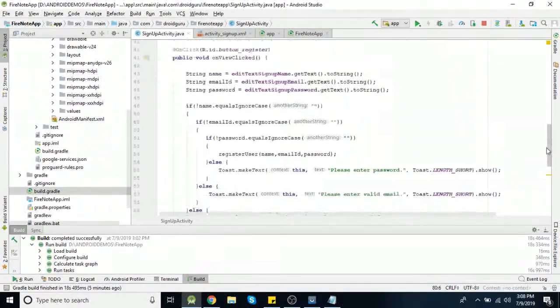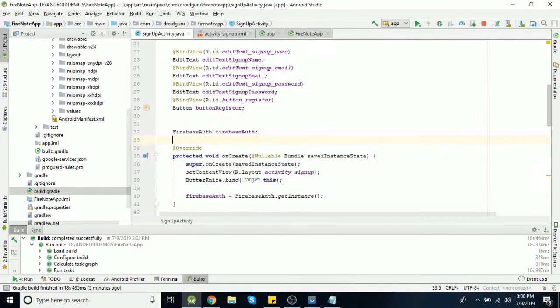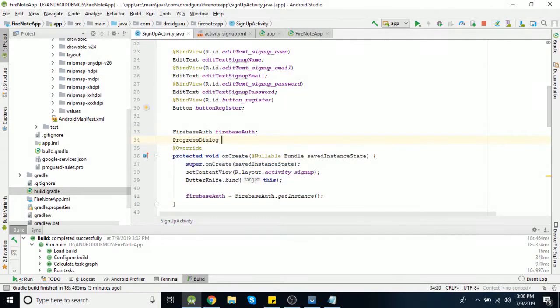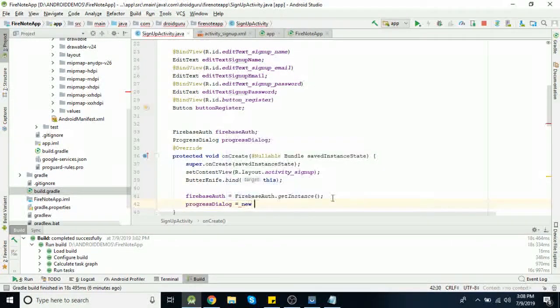One more thing we'll do is add a progress dialog, so that if the task is taking time, we'll get to know if the task is completed or not. So I'm just using a simple progress dialog. Initialize it. We need to pass a context here.